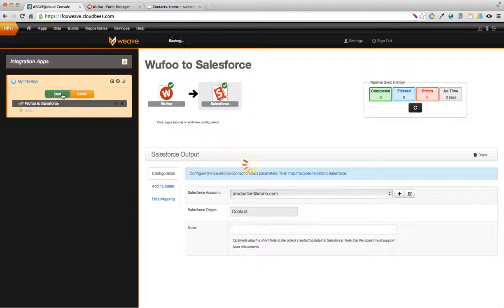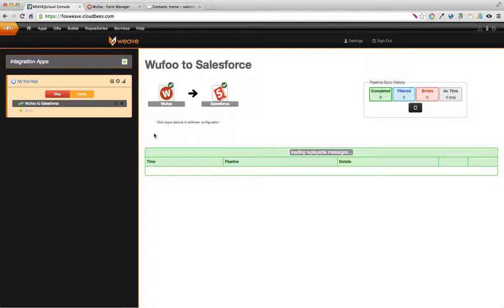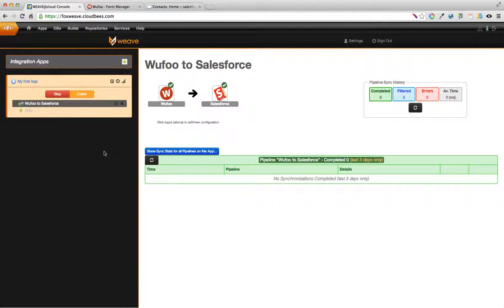Okay, so let's just press the start button. When it starts, we've only got one container set up. If I had an on-premise container, it'd give me the option to actually select where I wanted to run. But because I don't have an on-premise container set up, it'll just start the integration straight away out in Run It Cloud. So that integration is started now, and it's after setting up the webhook out on